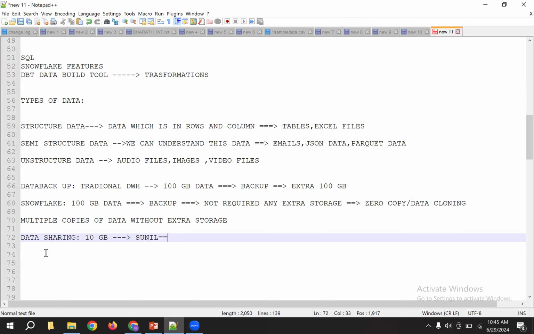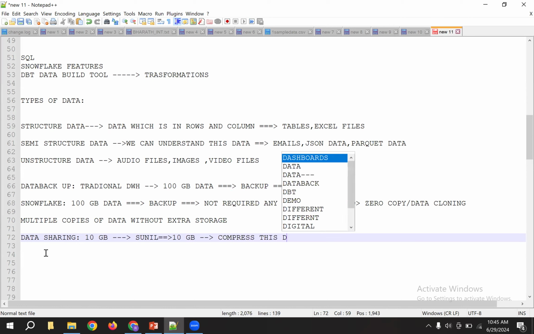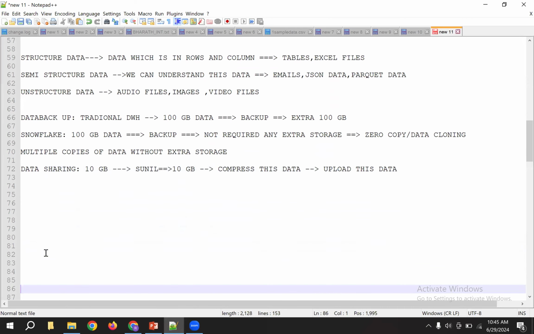So what do I need to do here? First, I need to take this 10 GB of data, compress or zip it, and then upload it. Then this is my work.